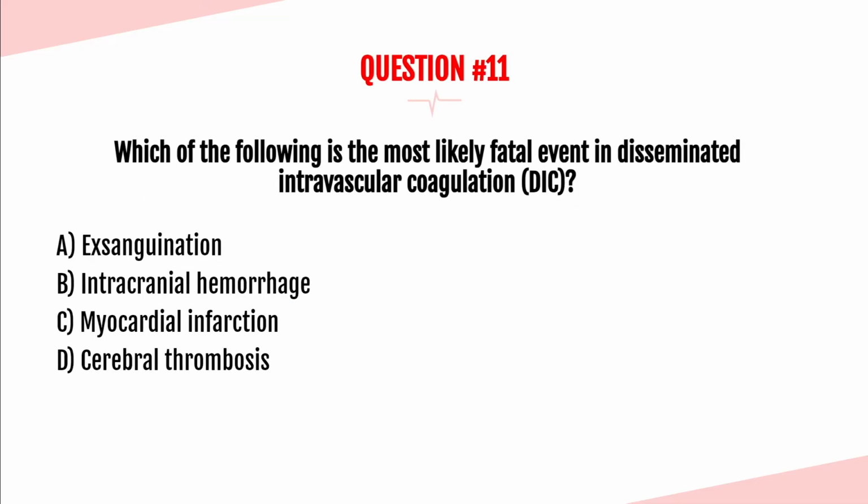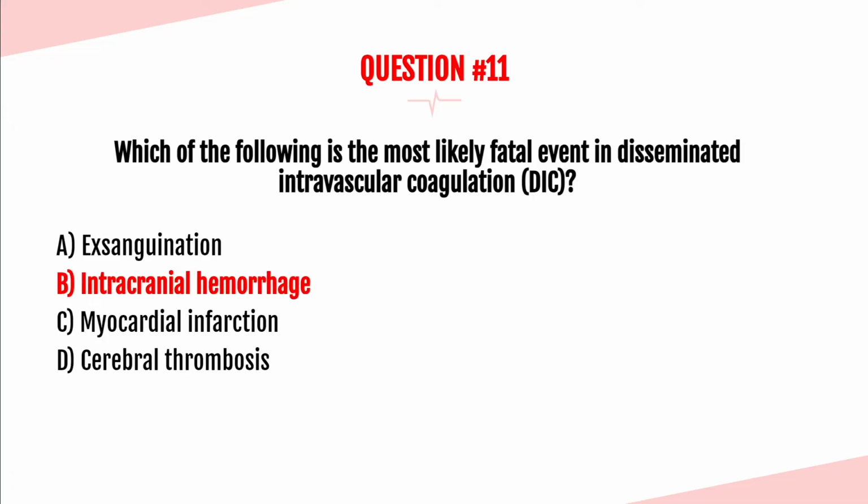Question number 11. Which of the following is the most likely fatal event in disseminated intravascular coagulation, or DIC? Is it A, exsanguination, B, intracranial hemorrhage, C, myocardial infarction, or D, cerebral thrombosis? The answer is